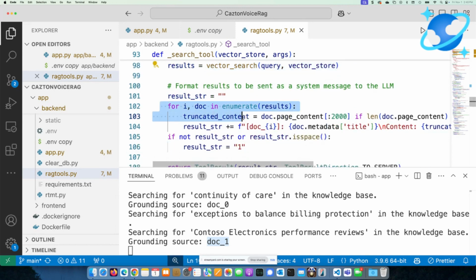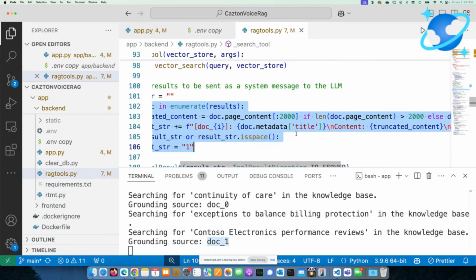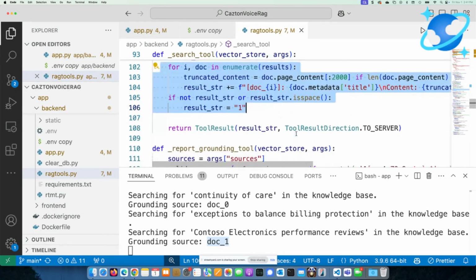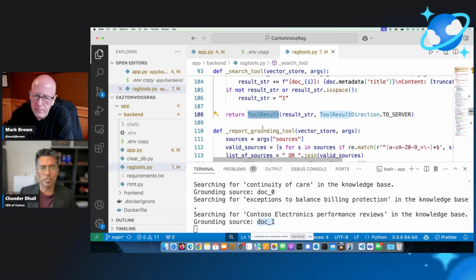And once you get the data, you enumerate through it, and you return the data the way you want to return it. And by the way, we're saying title, but you can have anything you want. You can add anything. It's just plain JSON. Whatever it is that your business wants, you can add it right here, and that's it. So as you can see, the result is being responded.